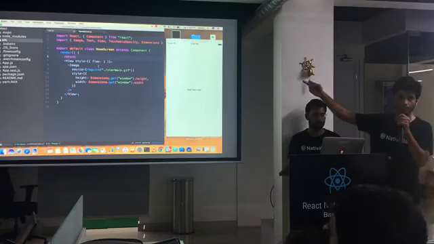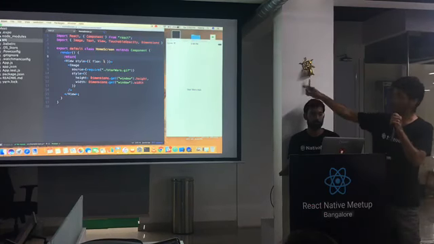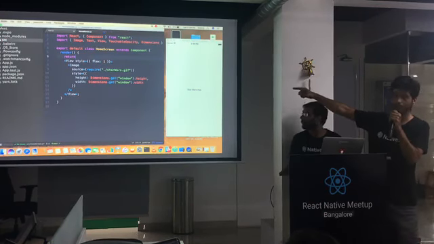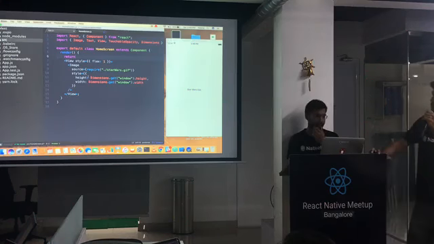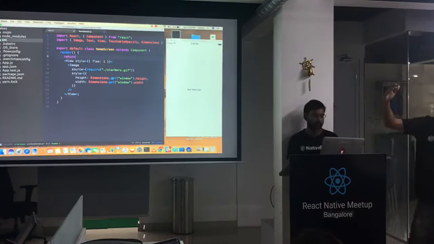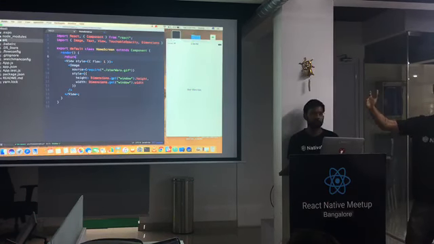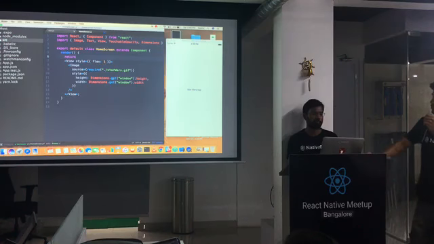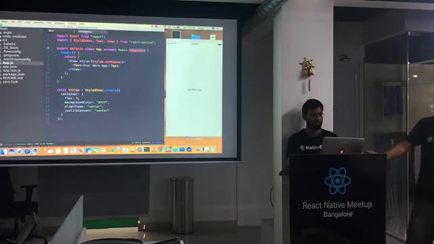Now, I'd like to address the two main components that we see here. One is the View, inside which you see the image. The View is basically a wrapper. Anything that you want to show on the screen comes inside this View. You've seen that we have given it a style of flex: 1. What that means is that it will take up the entire space that is available to it. That's all that means.